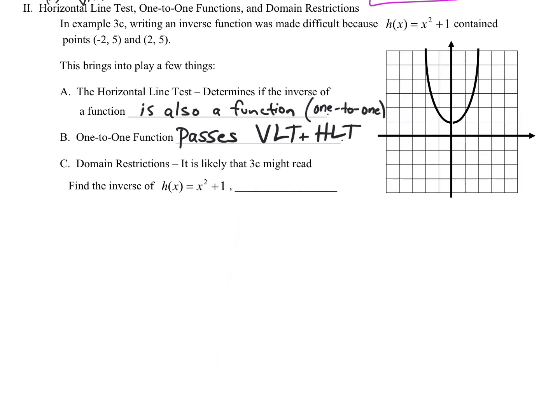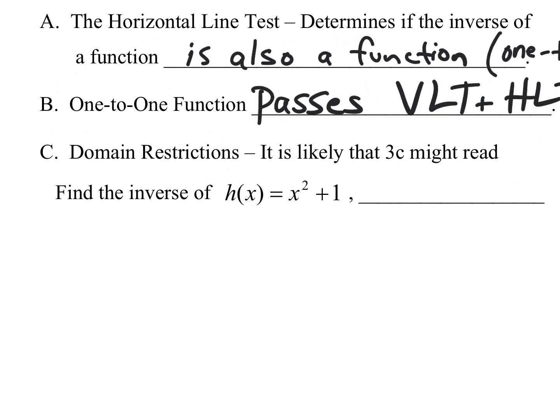So what we do is find the inverse of h of x, and we'll use that set builder notation such that, so we want all values x such that x is greater than or equal to 0. By restricting the domain of the original function, we now guarantee functionality of the inverse, and it just opens up some opportunities for us,